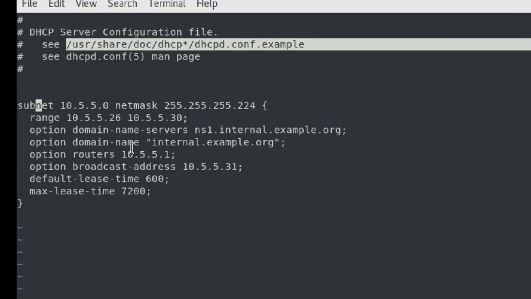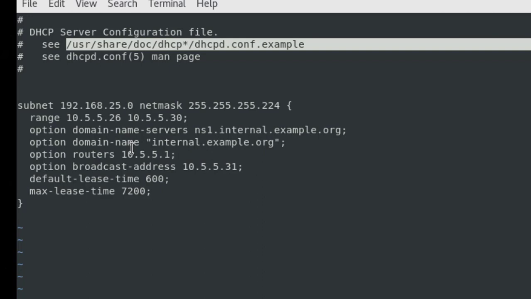So this is the main configuration place where we're going to make changes to our DHCP server. When I checked my IP address, I saw that the IP was 192.168.25.129. So for the subnet, I'm going to give the network address 192.168.25.0.